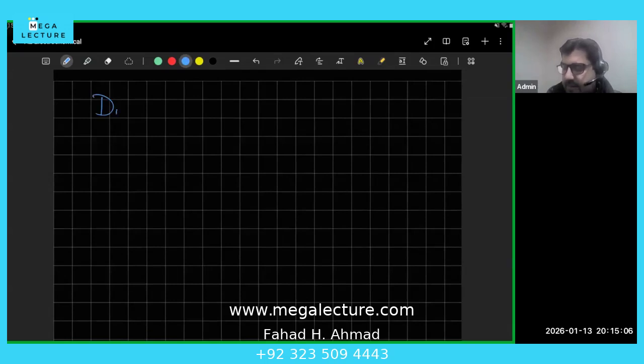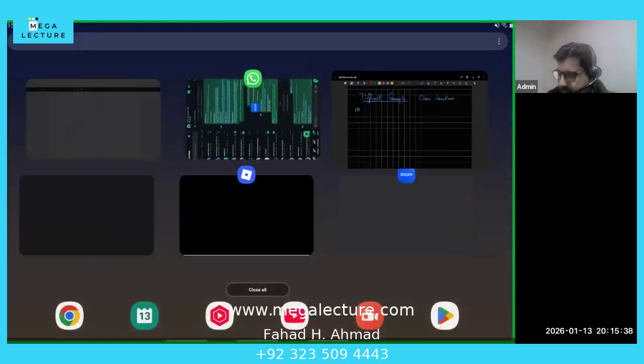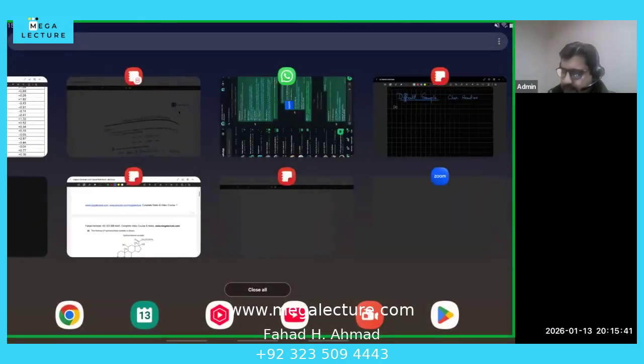So now we're going to move to the difficult example, which they might ask you. ठीक है? Very few questions, but they can ask you. Or same चीज है. So this is about chain reactions. Okay, so for example, the first example, chain reactions are that if you look at the data booklet, जो कि खुली भी थी यहाँ पे. So if you look at the data booklet,